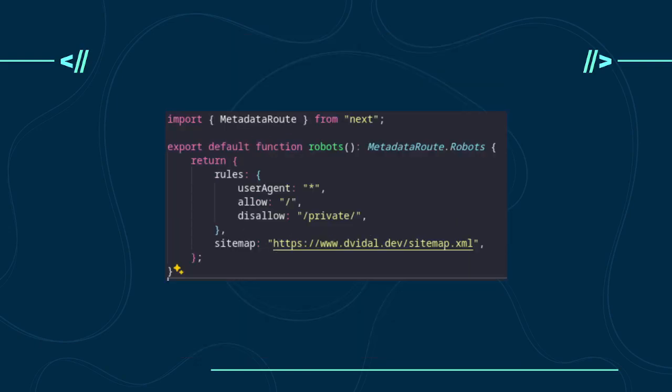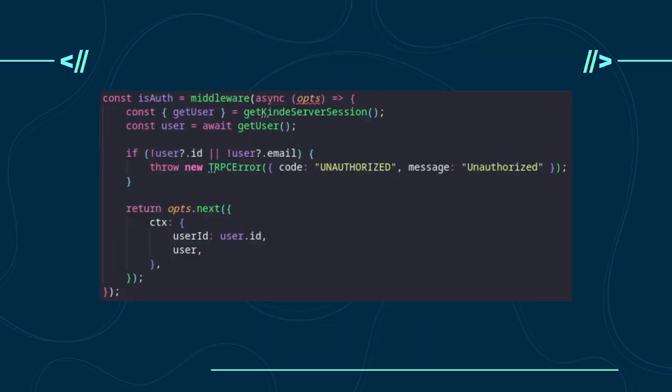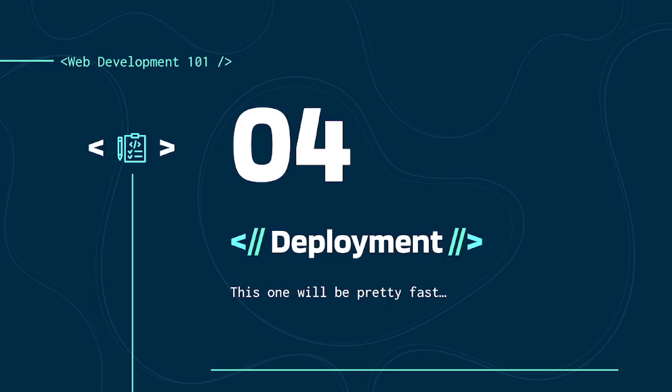The other thing you can do is make 2 files called a robots and a sitemap. Remember how I said Google is searched by all of those robots? This is basically holding the robot's hands and going, yeah, let's go this way. This is where you should look. And look, I even have priorities. So you could say, okay, the home page has a priority of 1, experience and projects have a priority of 0.9. The crawlers might not listen, but again, it's just a hand-holding thing to help them get where you want to go, right? Same with robots. This one's a little more complicated. I'm probably not even going to talk about middleware.